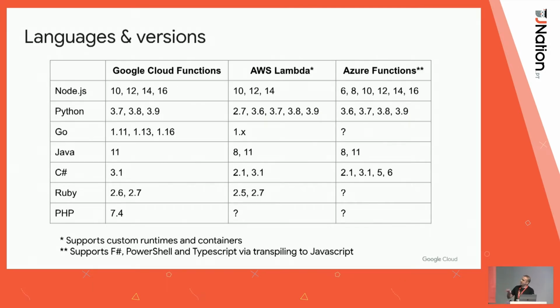But you had to pay attention to this table. This table is probably already out of date, by the way, but it shows you what languages are supported on what cloud platform, and not only that, what versions of those languages. So whenever you're building something, you had to basically say, okay, I'm using C#, can I do it on Google Cloud? Well, it's 3.1, and now C# is 6, right? So you can't do it. With Java as well, it's only up to 11. I think this might be updated recently. But basically, there still is this table that you need to pay attention to. You can't just run any language and any version of that language.